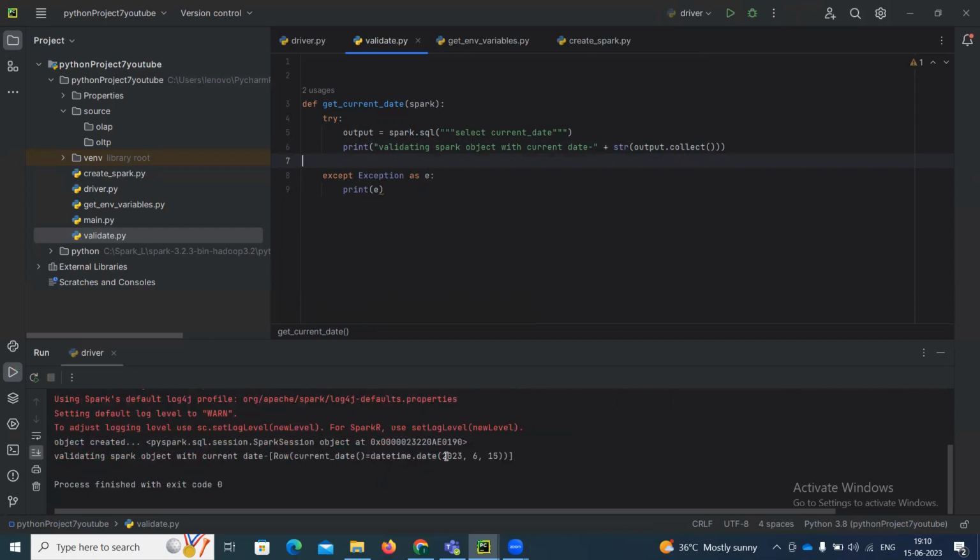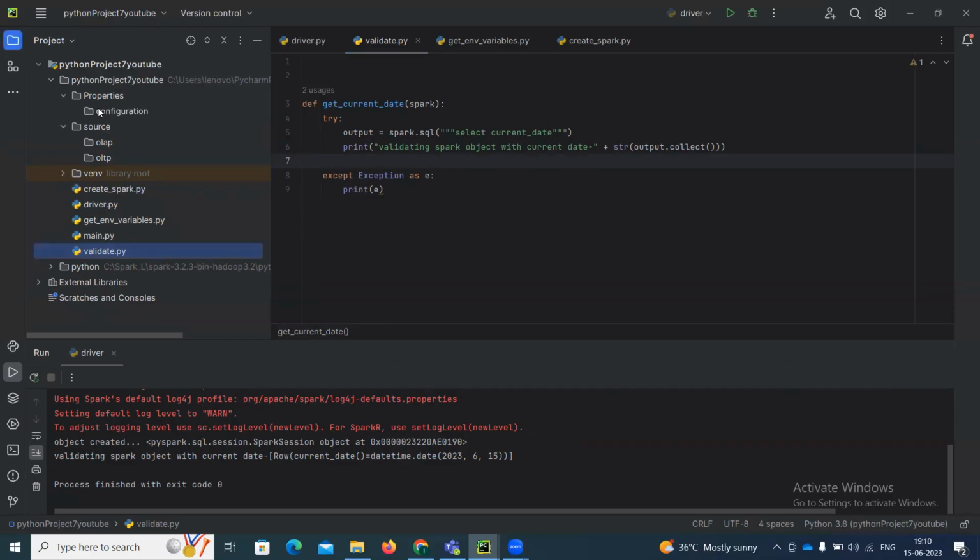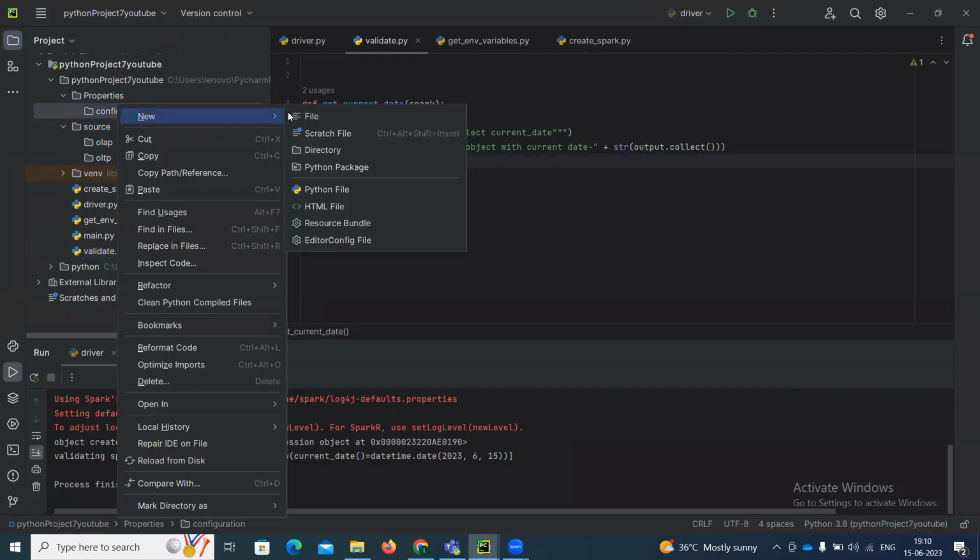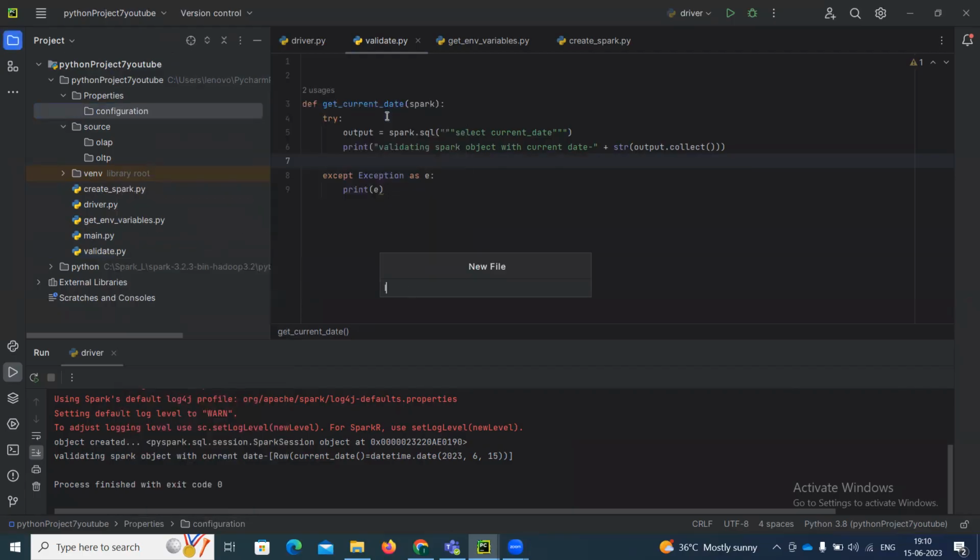Yeah, we got today's date. Okay, now we can say the Spark object also validated successfully. Now it's time to add the loggers. To add the loggers, open the properties, go to the configuration folder, add a new file called